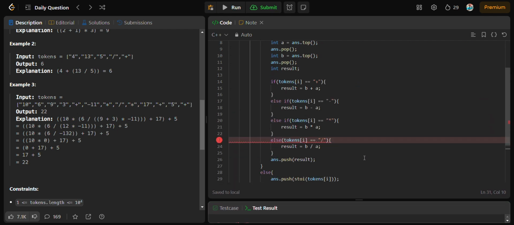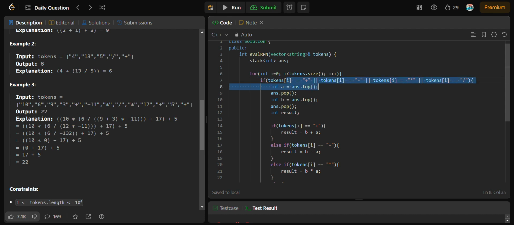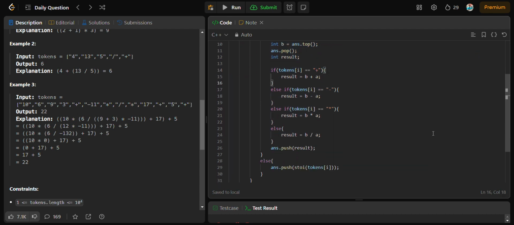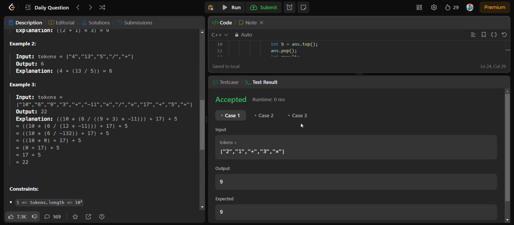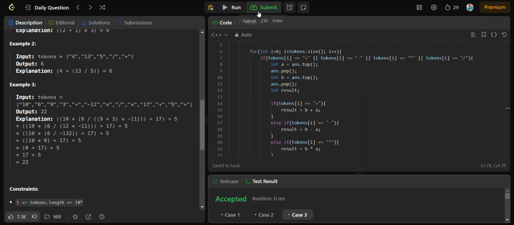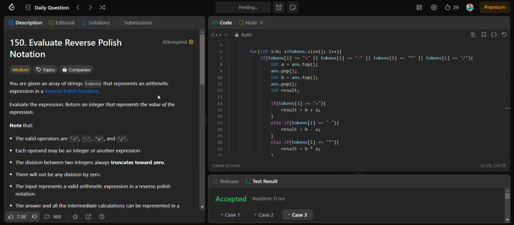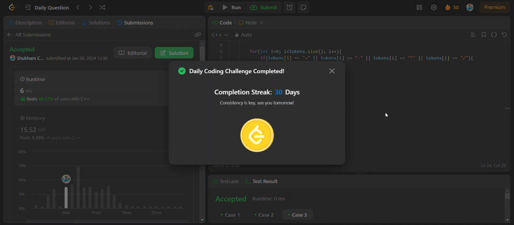Expected semicolon. Okay, here we don't need to assign the expression, as we are only getting plus, minus, multiply and divide in this. So the last else part will be division. Yeah, the code ran successfully. Let's check for the hidden test cases. Yeah, the code ran successfully